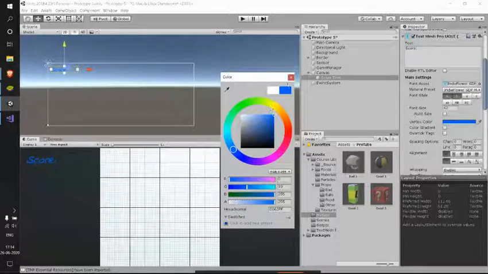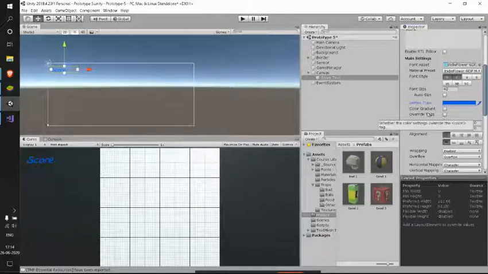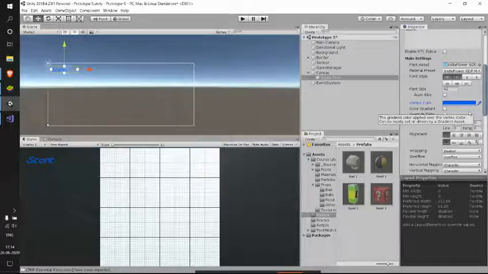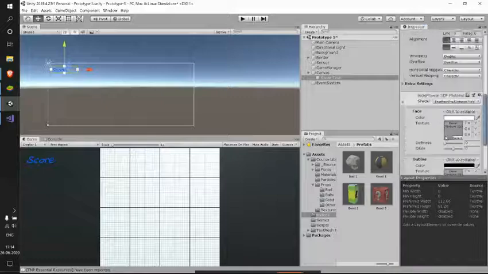You can always select your own colors or whatever you want based on your interest, and you can even give gradients also. I guess that's cool. We can change the alignment, whatever. We have a whole bunch of options.